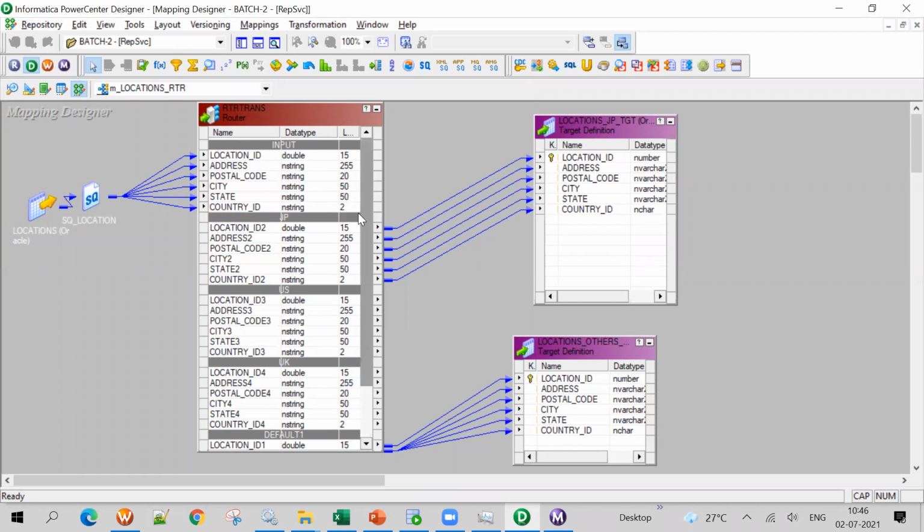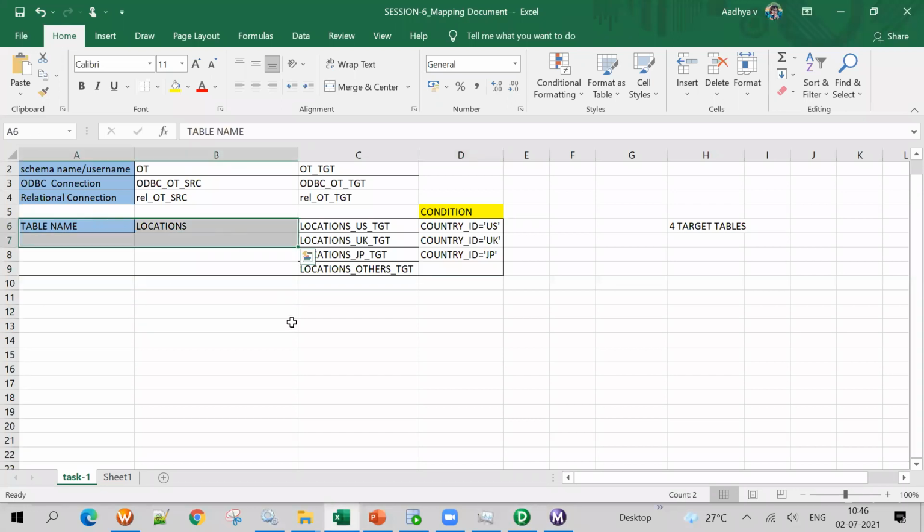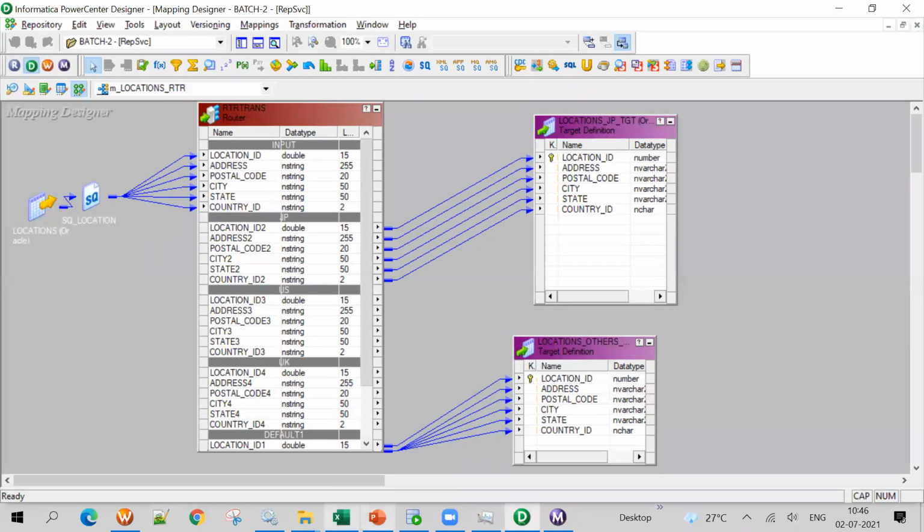Now we will deal with the requirement. There is one source table, and there are 4 target tables given like this. Now I have a concept called